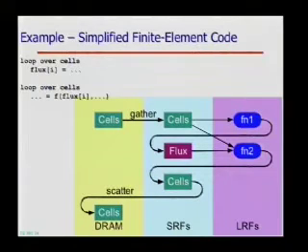Sometime later the gather will finish and we'll have the cells in this intermediate level of memory. And then we'll fire off the first function. We call that a kernel. And that kernel runs, and before it runs, everything it needs is on chip. All of the data it needs is in the stream register file. All of the instructions it needs have been explicitly loaded into the memory. And so there's no surprises.